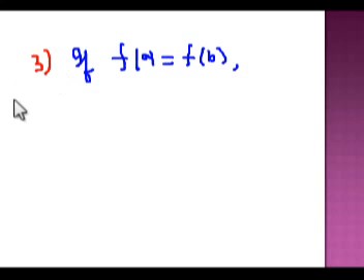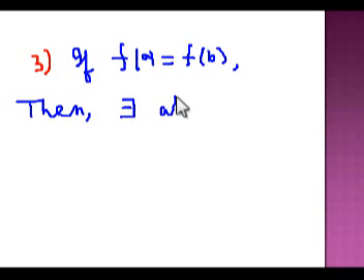If these three conditions 1, 2, 3 are satisfied, then we can say that there exists at least one point